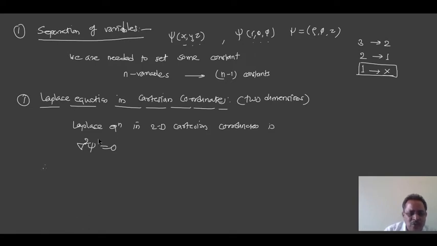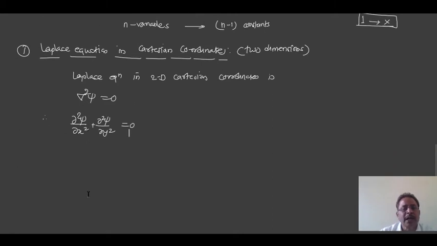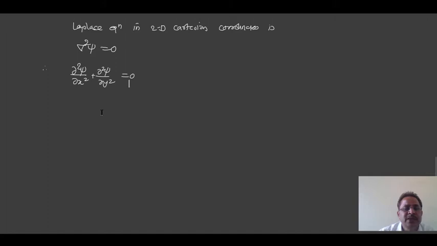Equivalently in two dimensions, this del square operator or Laplacian operator in the Cartesian coordinate system will be delta square psi upon delta x square plus delta square psi upon delta y square. This is a linear and second order partial differential equation. So I can say this Laplace equation is a linear, second ordered, homogeneous partial differential equation.